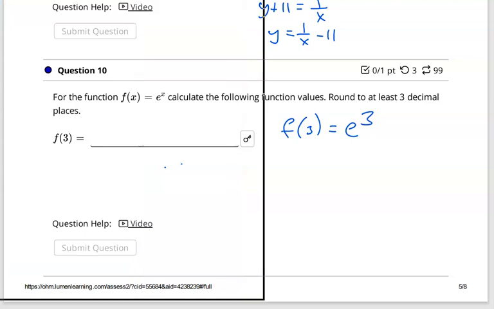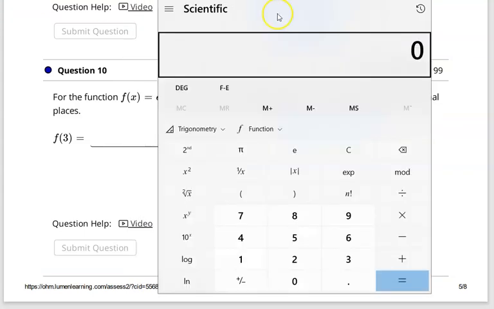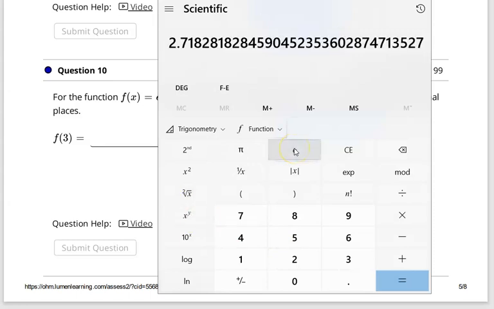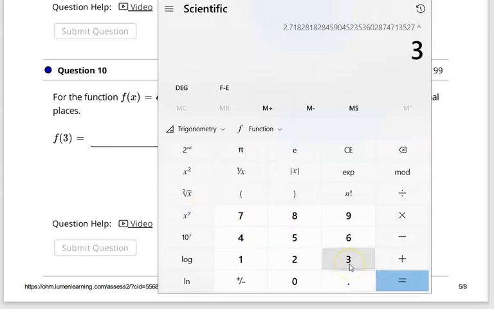I need the scientific calculator to calculate e. I don't have e to the x, but I have x to the y. So let's enter e, and now I do x to the y, and enter 3 for my exponent, and I get, it should be up around,